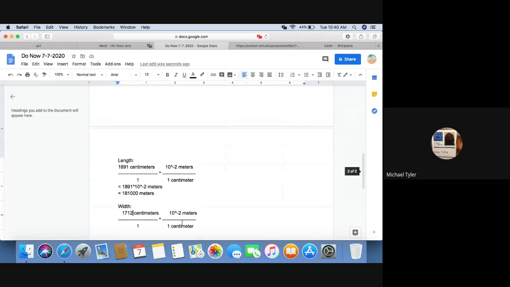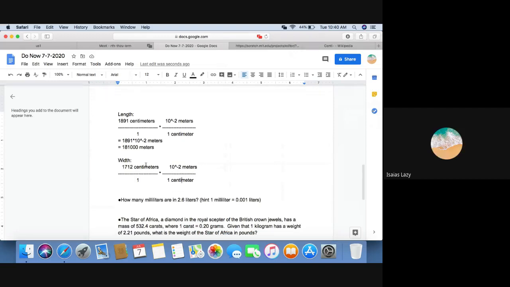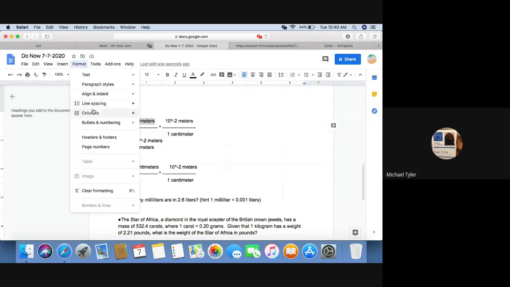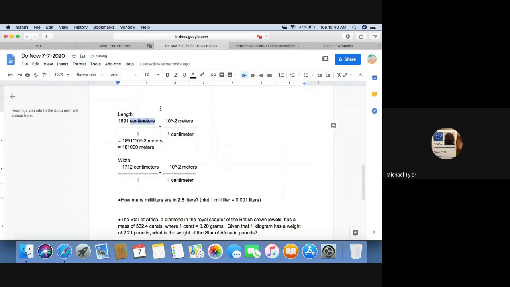You still got to cross cancel things too. Do you have strike through on your computer where you're able to cross things out or no? I think so. How do I do it? Oh, sure. Right here, select it and go to format, I think. Yeah, text. Go to text and strike through. Okay. There you go. So don't forget to cross out your dimensions you're not using.